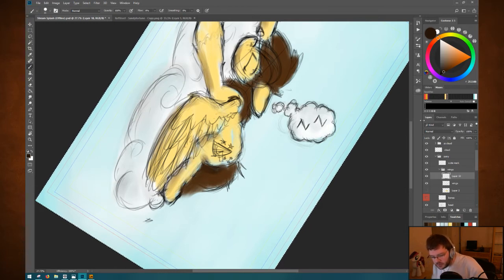Am I drawing brown? I need to be drawing black. I can't actually tell. There. So the wing bit kind of does a